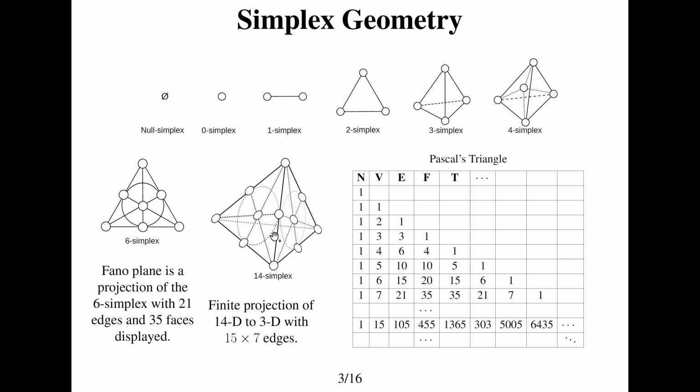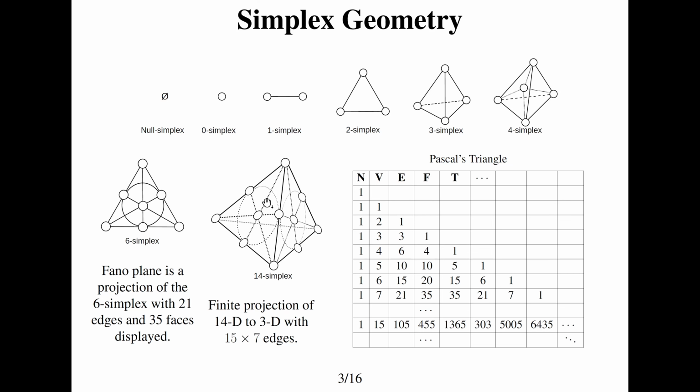Now we're going to skip straight through to the 14th simplex, which has 15 vertices. And this is also interesting because it's a projection of a 14-dimensional object into 3 dimensions of space, the tetrahedron. And we have Fano planes on every side. And in fact, there's 15 Fano planes in here, which we will show, which we'll prove. There's 105 edges,